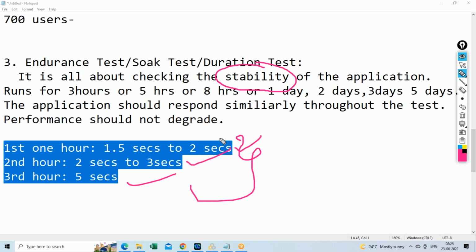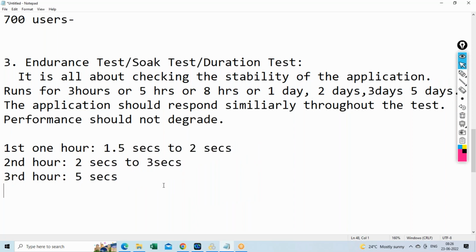So what exactly do you do? You create scripts for some business scenarios like transfer money, paying credit card bill or something like that. Then you upload all those scripts into the controller, and when you run the scripts for 3 hours or 5 hours, you need to monitor how the response times are coming. And one more important reason why we do this test is, of course, that the performance should not degrade. At the same time, we will check for